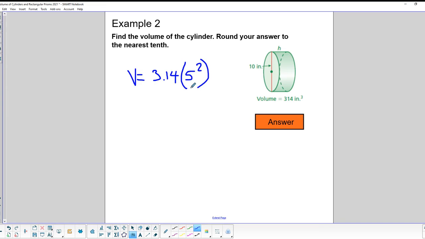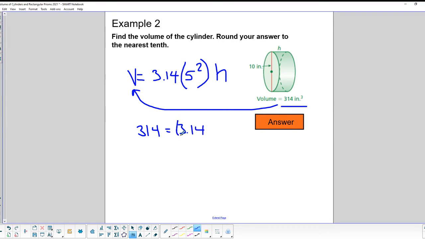And at this point, I recognize that they haven't given us the height yet. So I've got to fill in for that V over there, that volume. I've got to fill in 314. So we insert 314 in for volume. So 314 equals